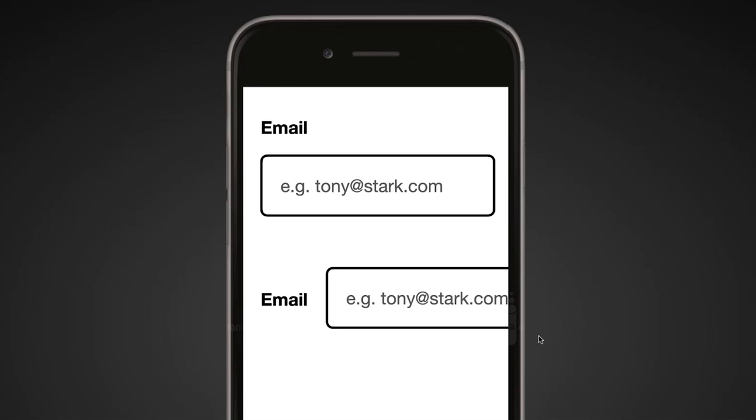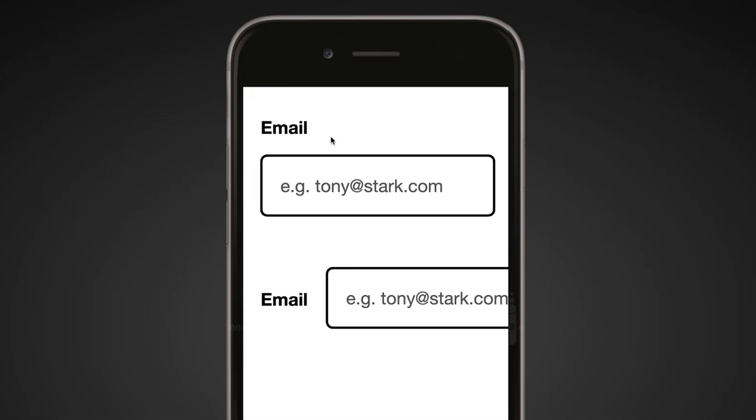So the first approach has an obvious advantage, which is if you're on a small display, it tends to fit. It uses less space, basically, or less width, I should say. This isn't necessarily saying it has to go off the edge, but it gives you more room. If you imagine a wide field, so email is not a very wide piece of text, but say you had something like postal address or home address or whatever, that's a lot of text to fit on the left-hand side of a field. So it's generally better, I would recommend, to stick the label on the top left.